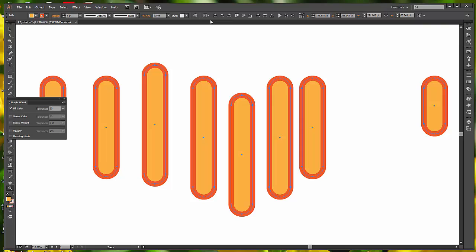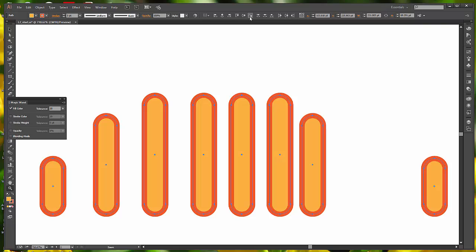And now I'm going to click the Vertical Align Bottom button that's across here. That's going to slide everything down so that it's even at the bottom. It moves to align with whichever one was the lowest orange object. I can undo,